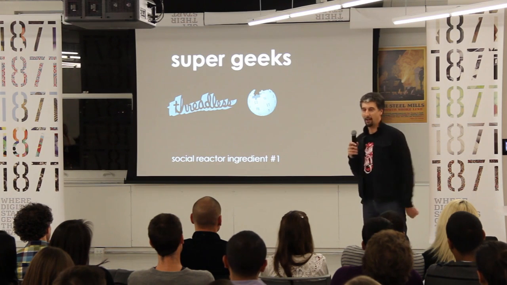And then another site that we all know, Etsy, is thousands and thousands of super geeks who just cannot help themselves from making stuff. Some of it crap, some of it awesome, and they try and sell it so they can buy the materials to make more stuff. And in all of these cases, these super geeks are the source of the nuclear chain reaction.